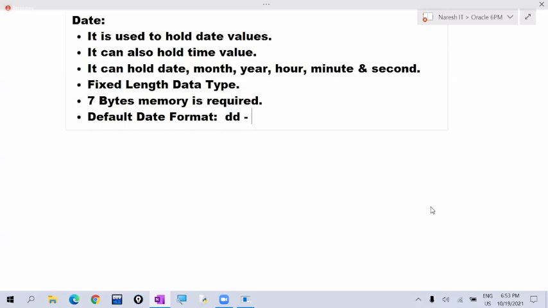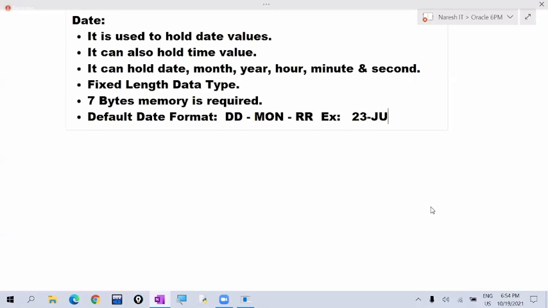Okay, see here. The default date format is DD-MON-RR. Not YY. Most of the students think that it is YY, but the default date format here is DD hyphen MON hyphen RR. MON means month name in 3 characters. For example, 23, the date in 2 digits, then a hyphen, then the month name in 3 characters.